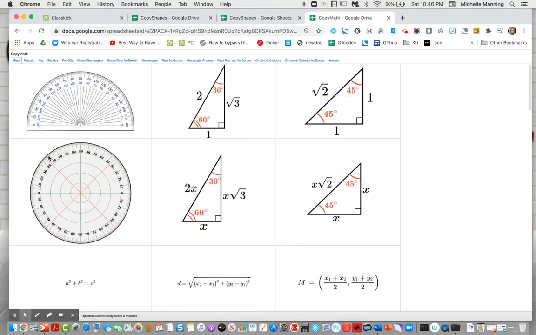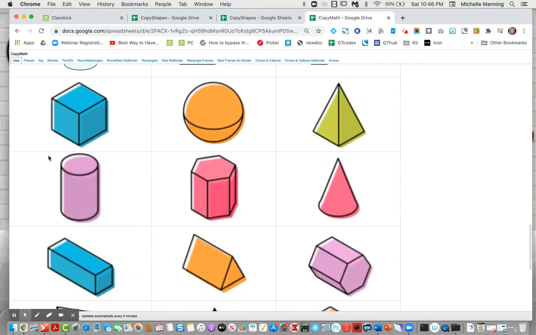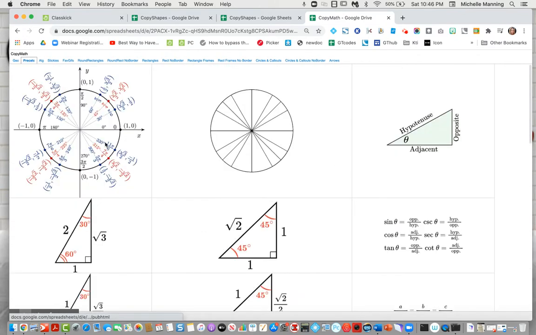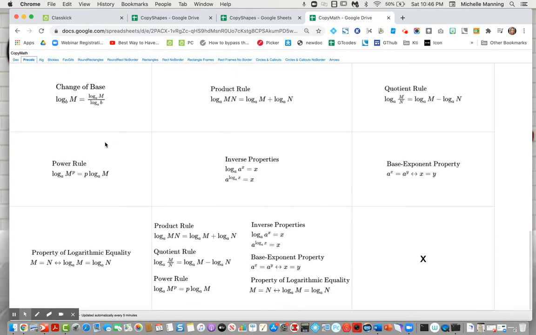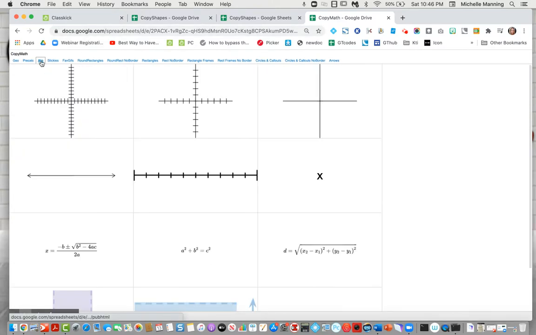So for math, I have some geometry things, some pre-calc things and formulas that we use on a regular basis. For algebra, I just have a couple things. And the new thing that I added just in the past 2 days is I added